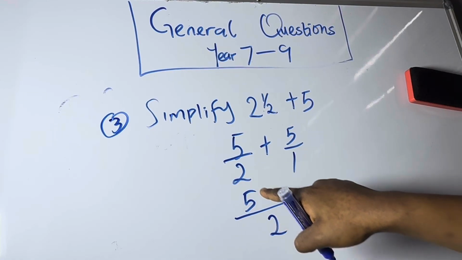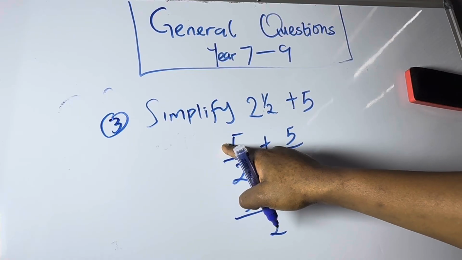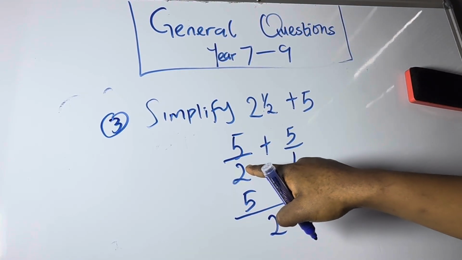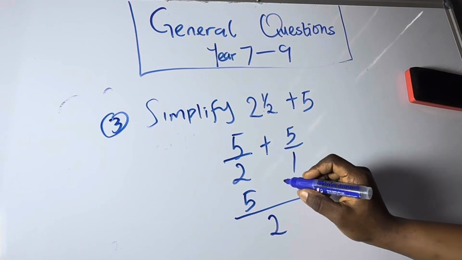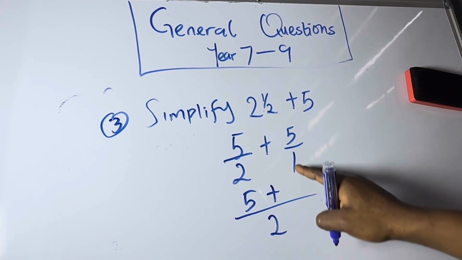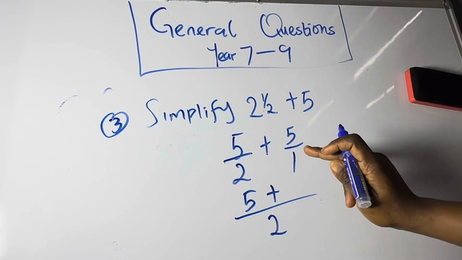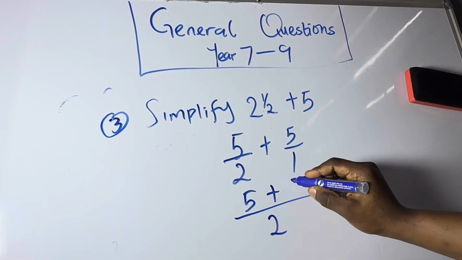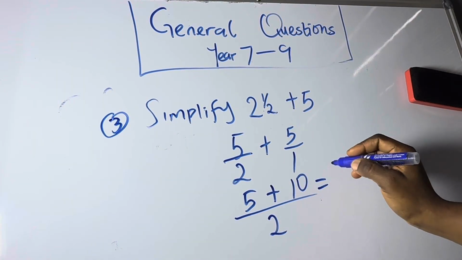So 2 divided by 2, whatever answer you get, you multiply it by the numerator, which is 5. So 2 divided by 2 is 1. 1 times 5 is 5. Plus 2 divided by 1 is 2. 2 times 5 is 10. So here we have 5 plus 10, which is